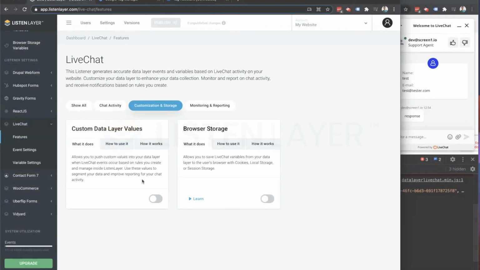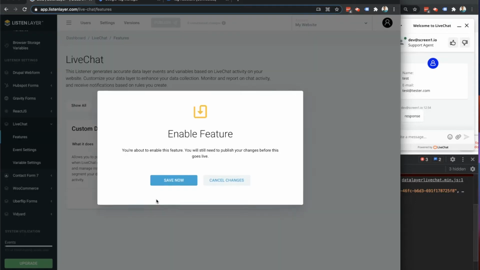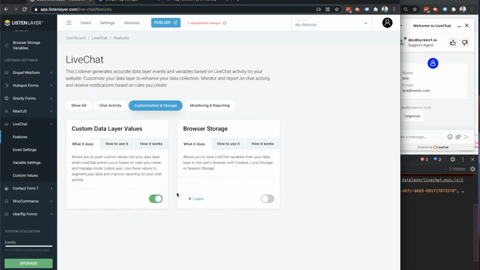The custom data layer values feature is one of the most powerful features inside of ListenLayer, and it is available on most of the listeners, including the LiveChat listener. What this allows you to do is write rules and manage those rules inside of ListenLayer to push custom values into your data layer, which really allows you to enhance and scale your web analytics without any programming or development